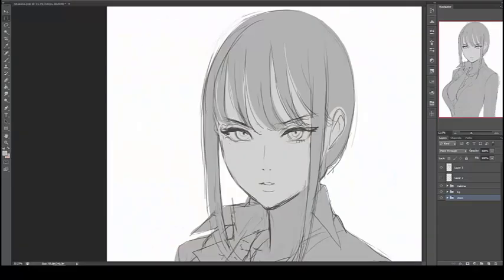Hey guys, welcome to the second voiceover of this month. So this time I'm going to be tackling a close-up portrait, a female character this time. Last two months I did male characters. This character is actually from a manga called Chainsaw Man, which is, if you like gore manga